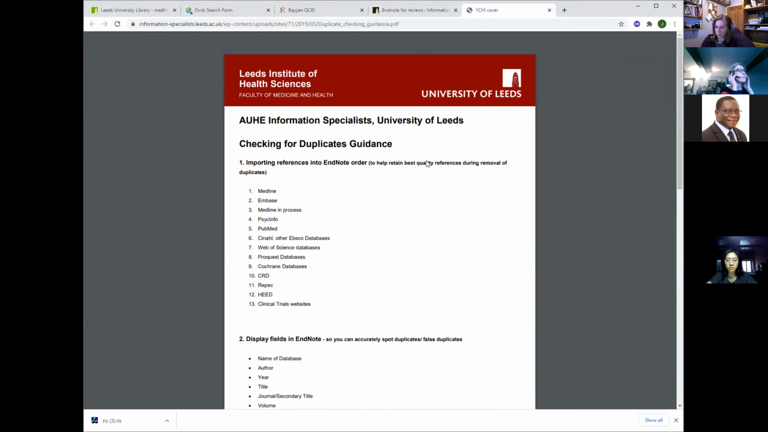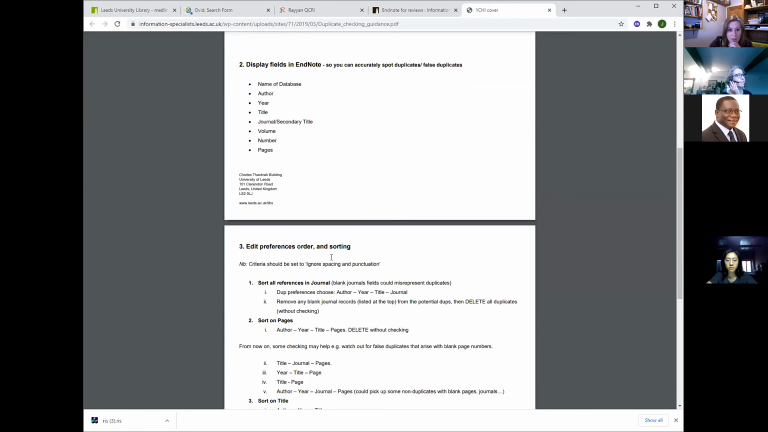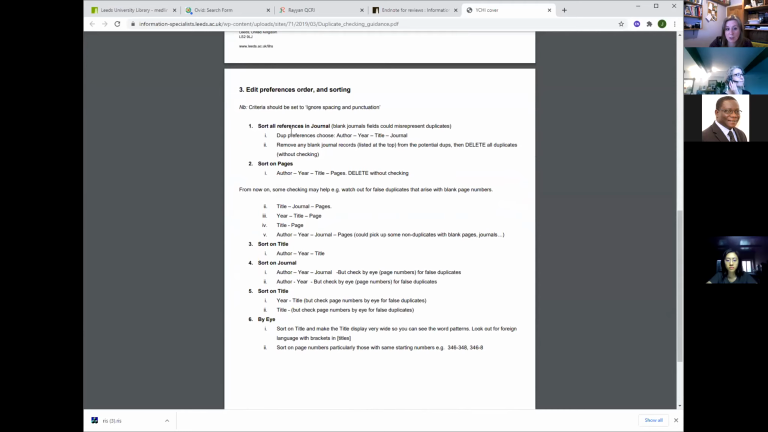So this is our duplicate checking guide, where initially we tell you an order of databases which is helpful for importing. That means you get the ones which have better quality references in first, so they're not offered as ones that we delete. The references that you add last are the ones which are sort of defaultly deleted. We then list how it's nice to set up your Endnote library, the display fields which are helpful to see,